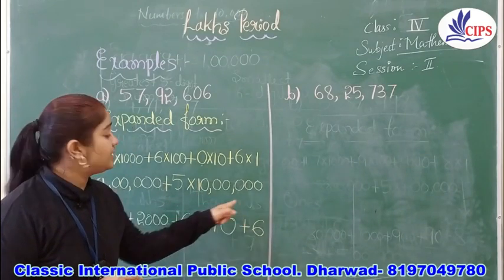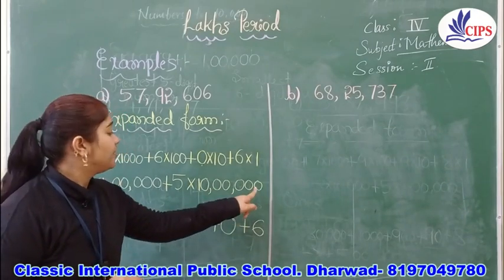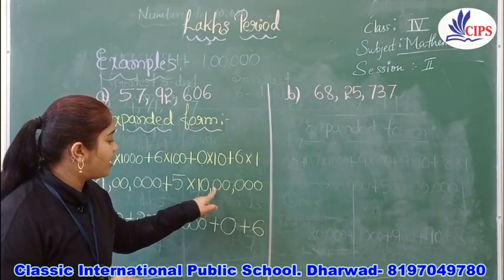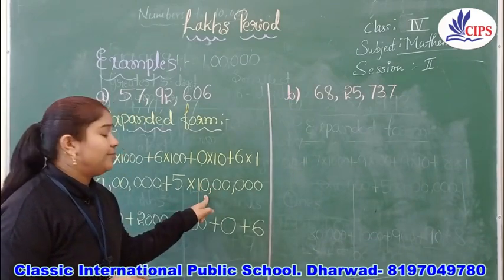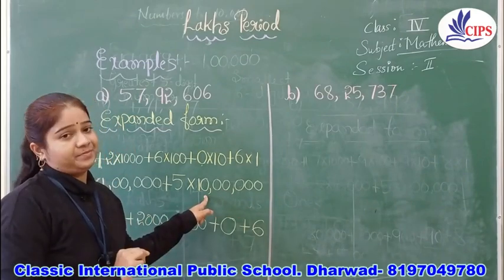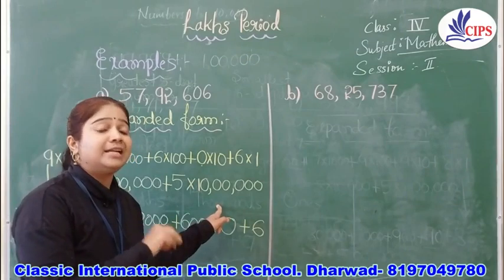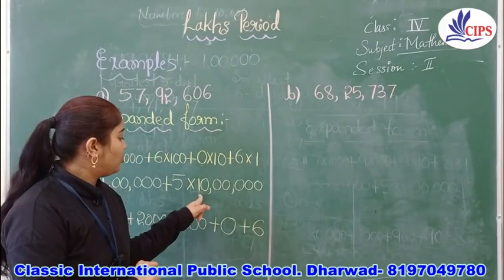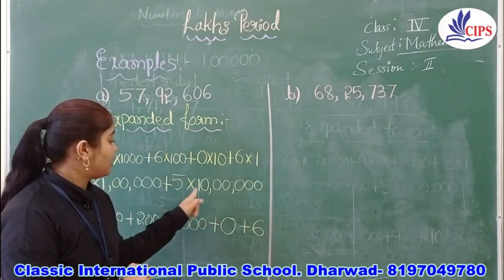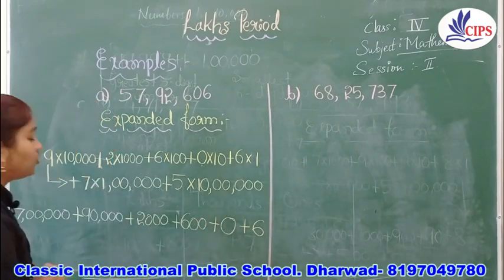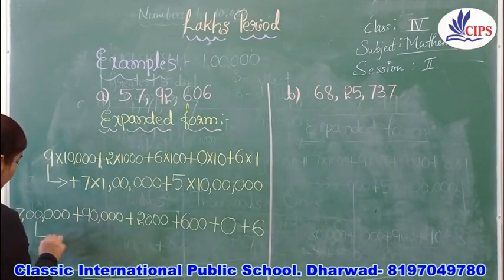How are you going to read this? It is 10 lakh. How many digits are there in 10 lakh? 1, 2, 3, 4, 5, 6, 7. Yes. So, 7 digits will come under this 10 lakhs. This is the smallest of the 7 digit numbers. So, 5 into this 10 lakhs. What is the answer? 50 lakhs. We'll write here down. Okay.